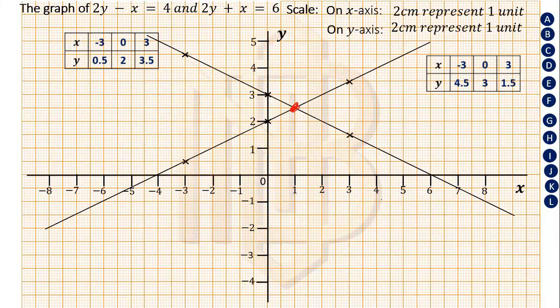If you trace it down, you can see it falls on 1 on the x-axis. If you trace it to the left, towards the y-axis, you see it meets at 2.5. You can conveniently say our x value is 1 and our y value is 2.5. Let's take a look at